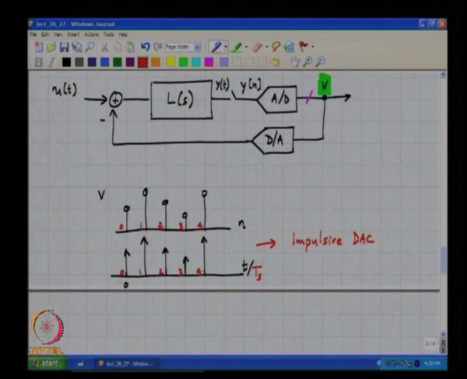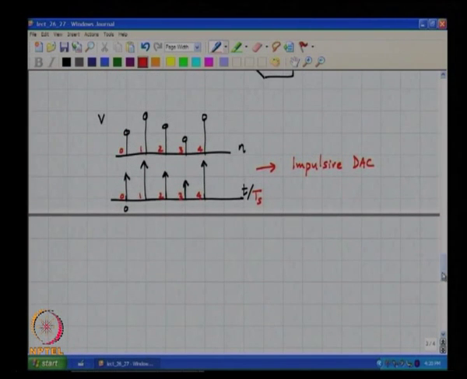In practice, what one will do is to have a pulse shape associated with a DAC. In other words, what you do is not send out impulses proportional to the input sequence, but some multiple of a known pulse shape. Okay. So, for example,